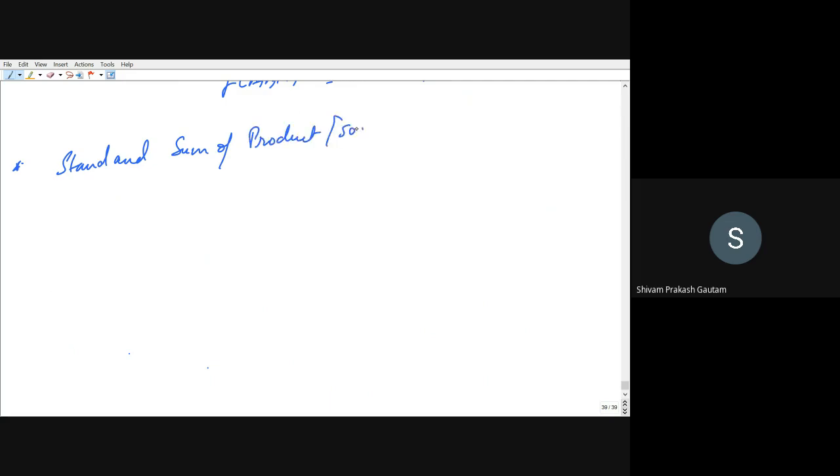You can call it SOP, standard sum of product, right? Any equation can be made into a standard form. Standard form, you can make it by yourself. So we will see. This standard sum of product is used where functions give the value as